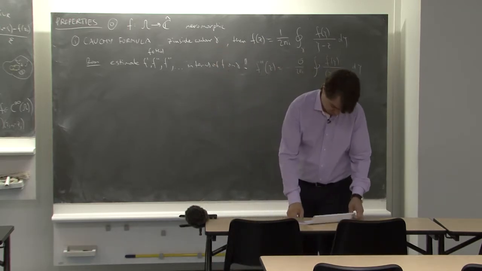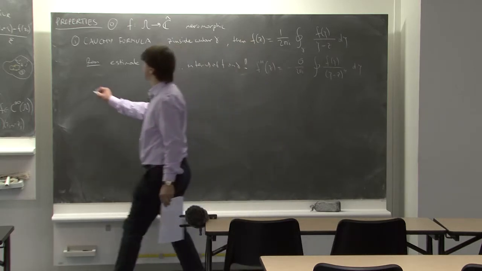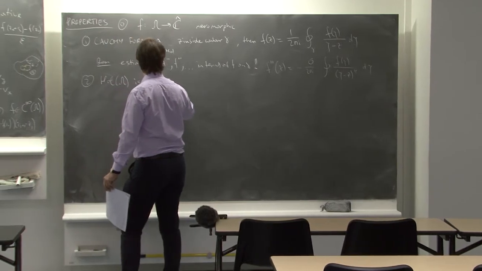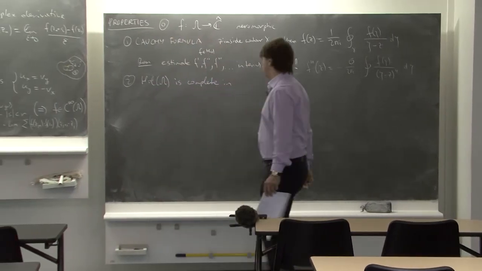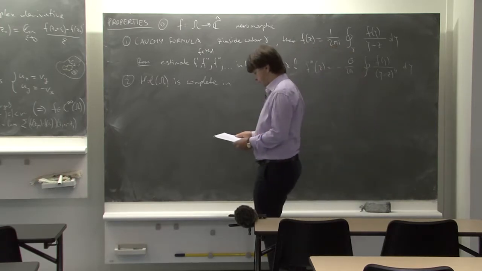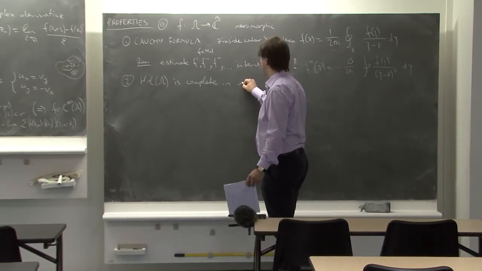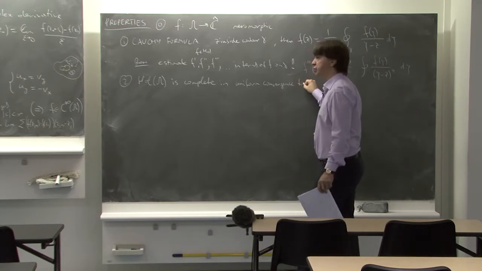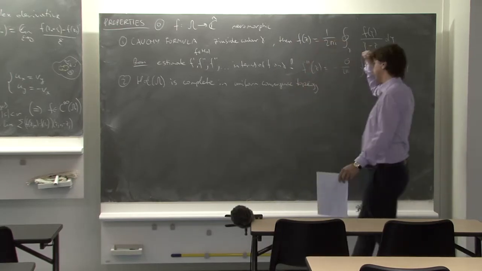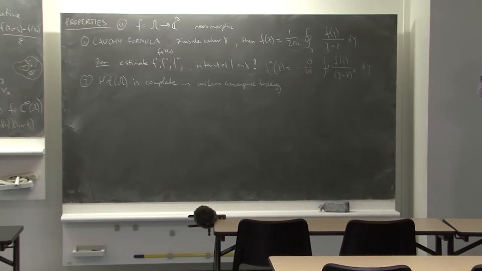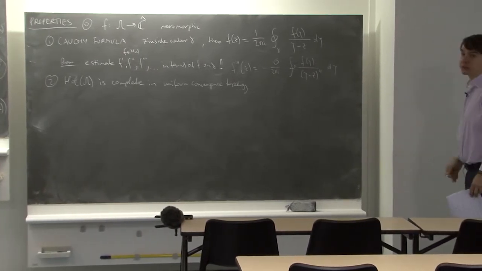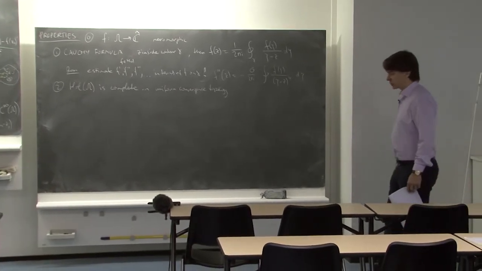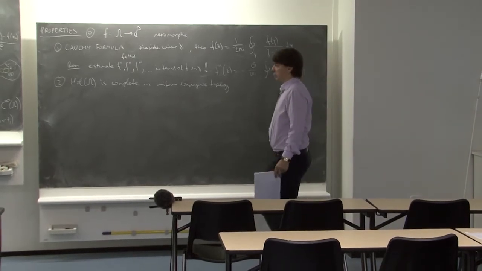Now, what else will we need? So the space of holomorphic functions on omega is complete in the topology of uniform convergence. It's obviously not compact because you can take a sequence of constants, constant 1, constant 2, constant 3, and it diverges away to infinity. And there is